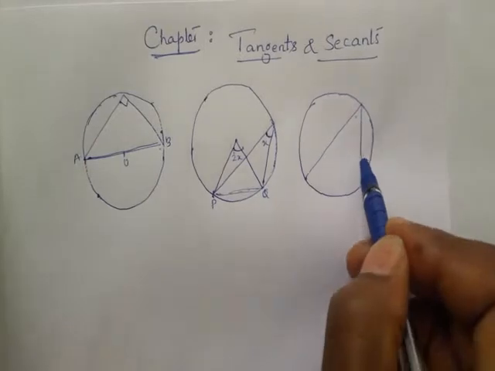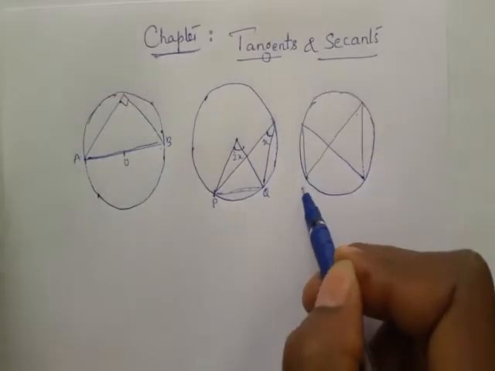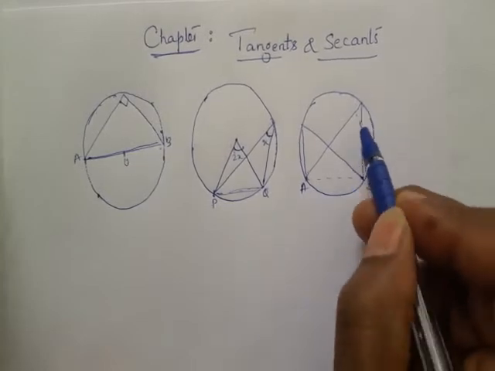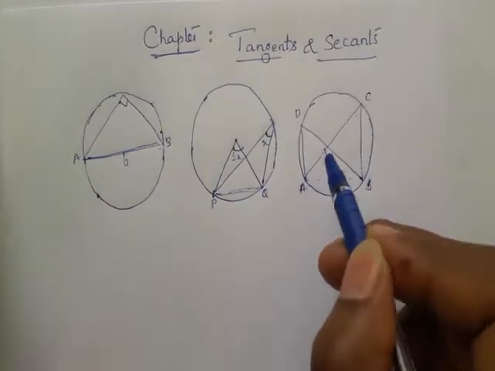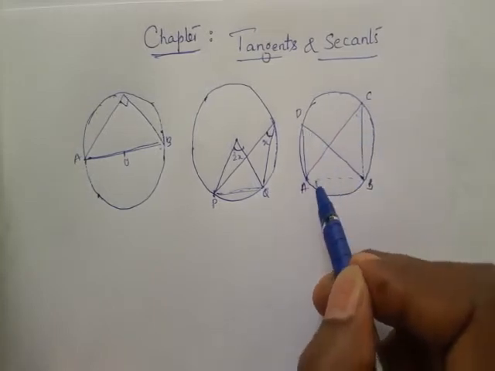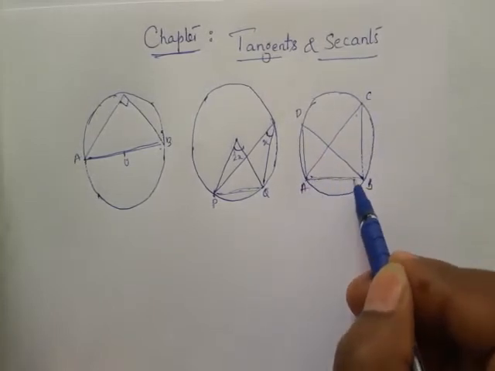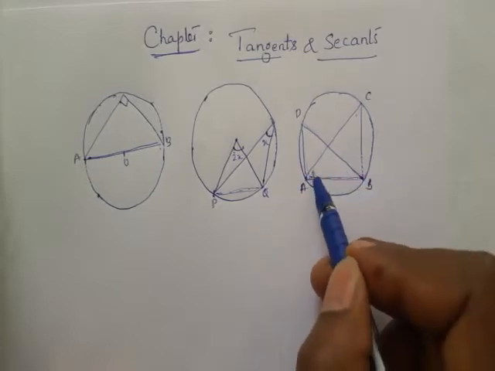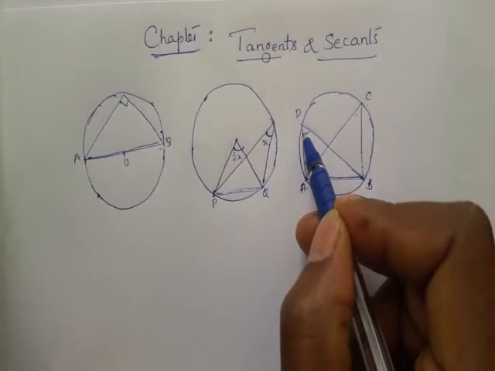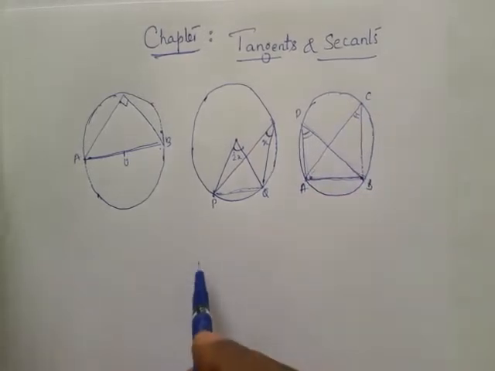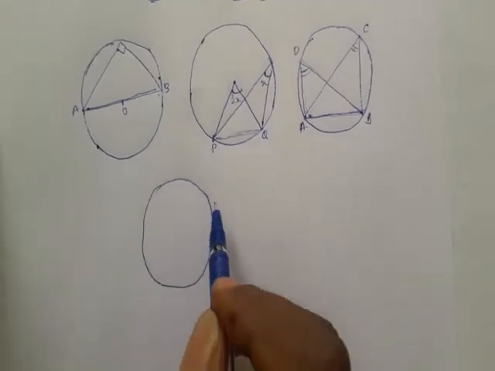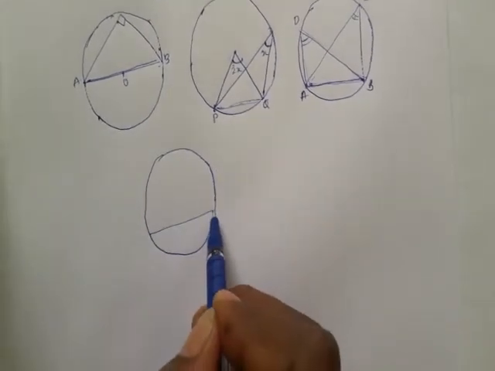when two angles are formed at the circumference, this is AB. If we join AB, you will get a chord. This is angle C, angle D. Angle C and angle D both are equal because angle C and angle D both are standing on the AB chord. The AB chord has both the angles on the same base. So these two are equal. This is one of the theorems from circles. The other one is when we